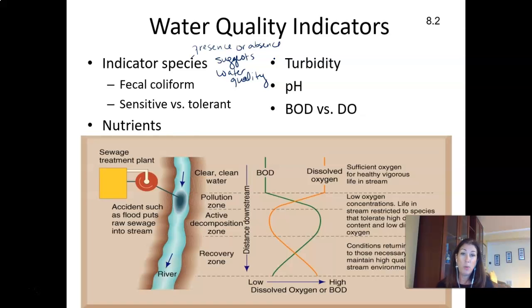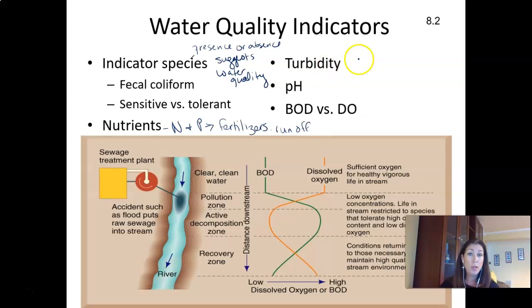Another thing that we take a look at when we're looking at water quality indicators are nutrients. Specifically, some of the most common ones that we look at are nitrogen and phosphorus. You might remember that these come most often from fertilizers, both in agricultural areas as well as in suburban areas from people putting too much fertilizer on their lawns. This often becomes part of runoff. If there's excess fertilizer, when it rains, it'll pick up those nutrients